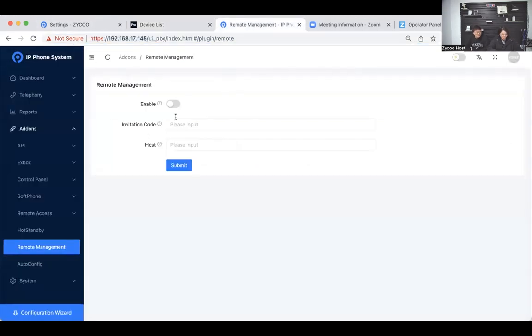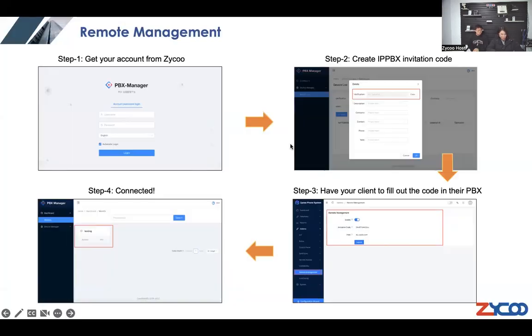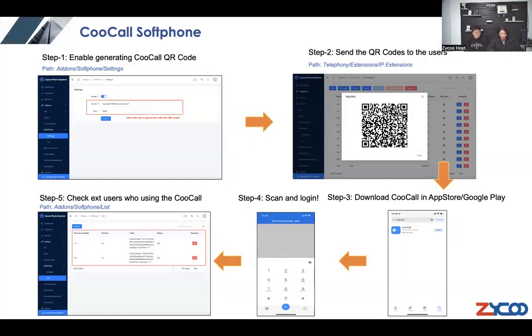Let's see, I can do this one. Okay. So Emily's PBX is online now. And then we have the Cold Call softphones. If we are using the Cold Call softphone first, right under the add-ons, there is a section called Softphones. So on the settings,